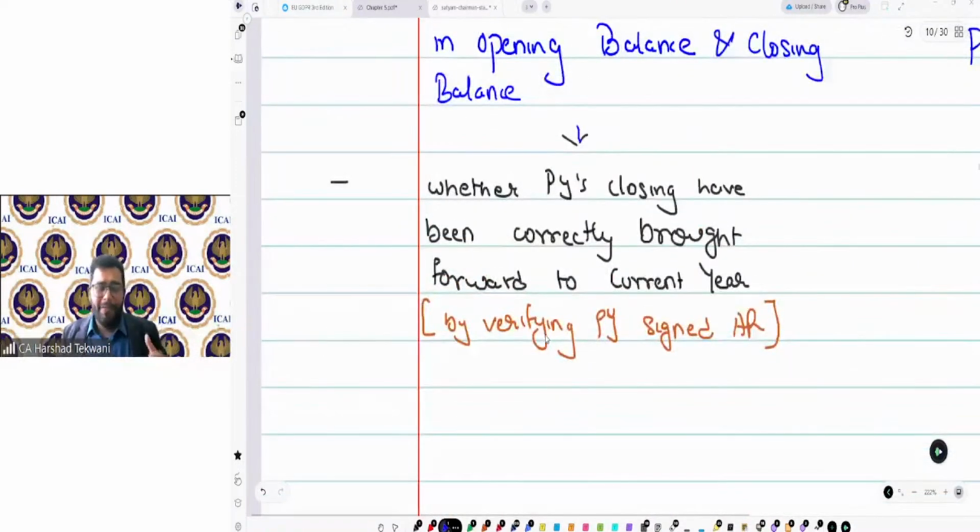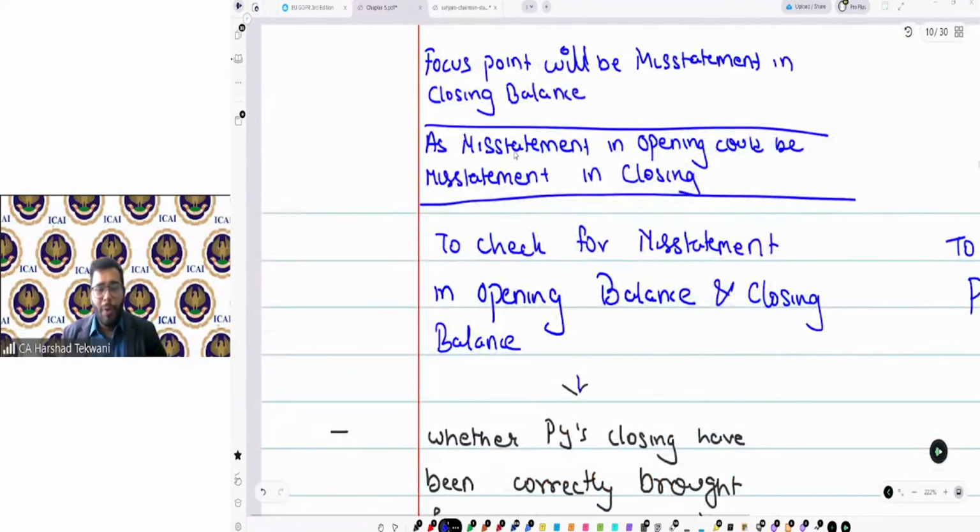Now that is the one part where I can validate whether the previous year numbers have been brought forward correctly or not. What else can I do? My objective is to ensure that there are no misstatements in the opening balances that are materially impacting the closing balances of the current period's financial statement.